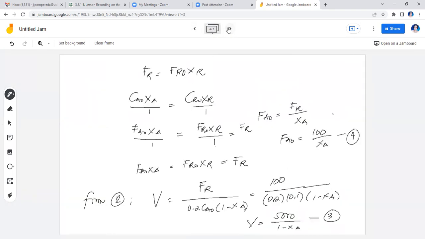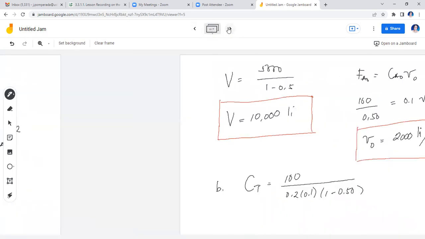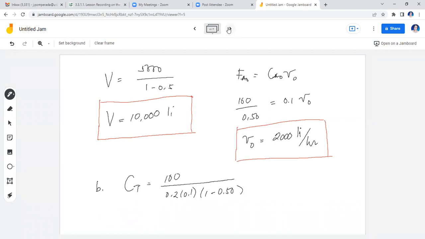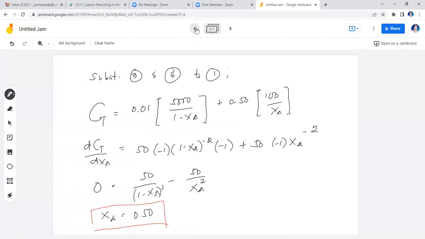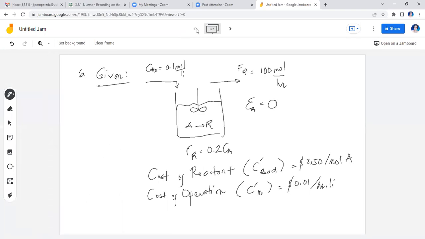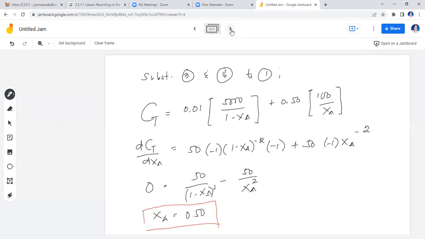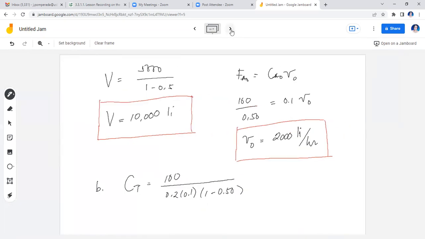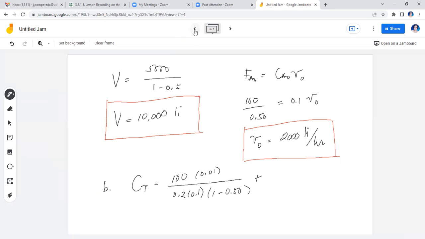You need to multiply it with the cost, which is C sub M prime, which is 0.01, because what I have there is just the V. So this is to be multiplied to 0.01. For the second term here, in the total cost, equation 2,